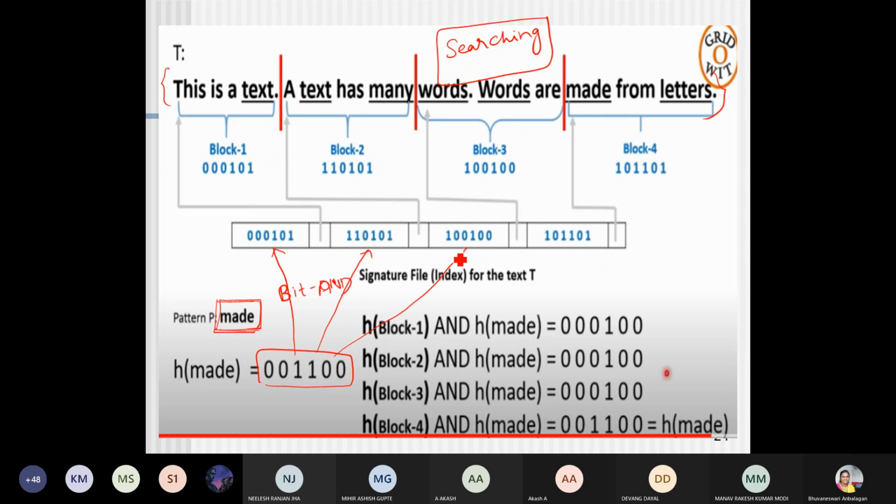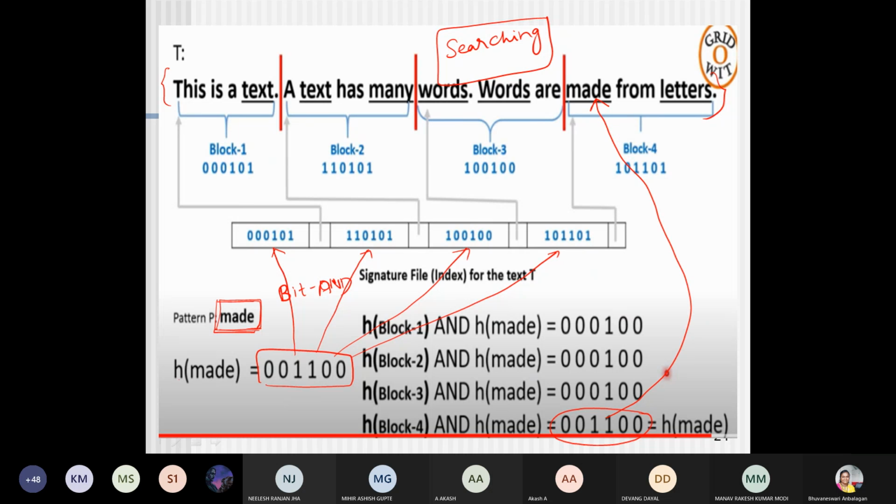You will perform the bitwise AND with all the blocks and identify which block returns a value the same as the hash value of the pattern that you are looking for. So you just see which block is giving the result. You see, this is available in block 4, which means block number 4 has that particular term made.